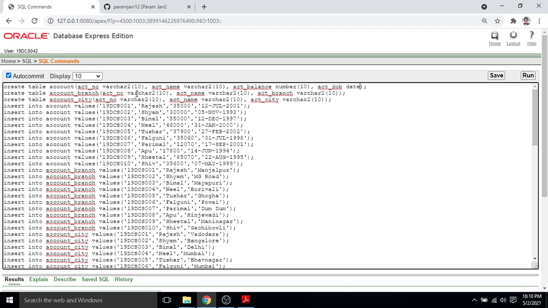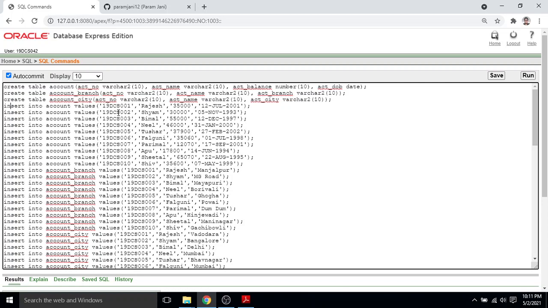Date is also a data type. This is the basic syntax of create table. So using this, you can create different types of table. You can give the table name over here. Similarly, you can change the variable names and whatever you want. The size of the variable can be changed from here. So next is the next important syntax: